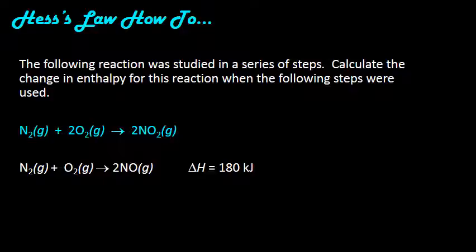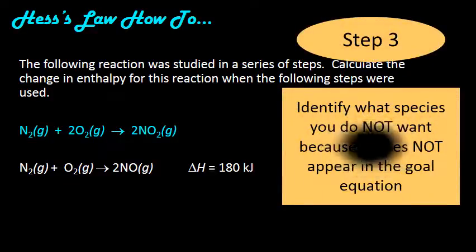Okay, now we're ready for step 3, which states to identify the species in step 3 that you don't want in the goal equation. Well, let's see, I definitely wanted N2 because that's what I started with, so we want that one to stay right there. O2 needs to be there. I wouldn't worry about whether it's where it belongs at this point because things will have a habit of changing as these problems get more difficult. But